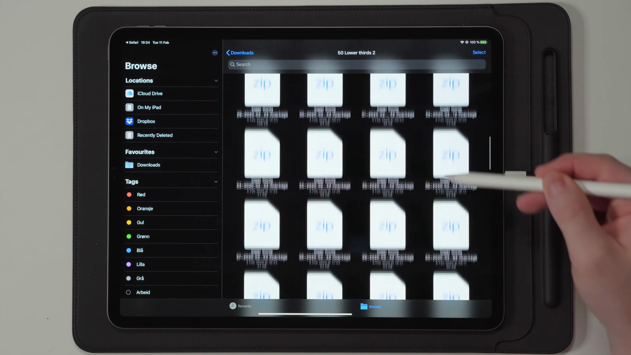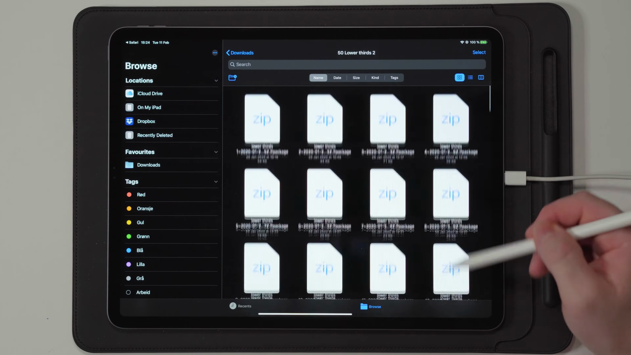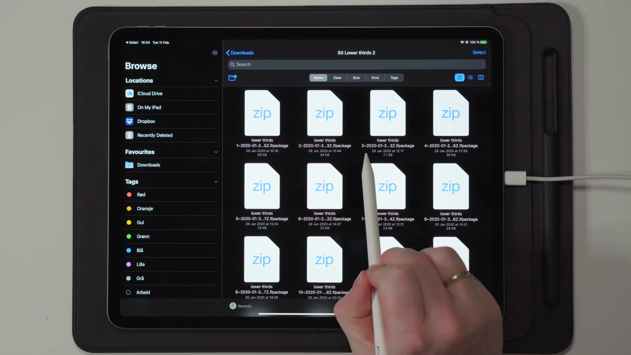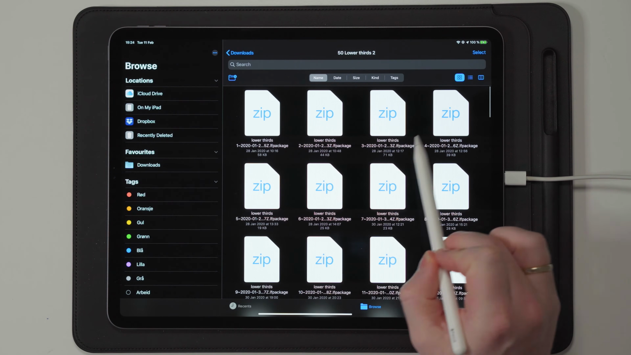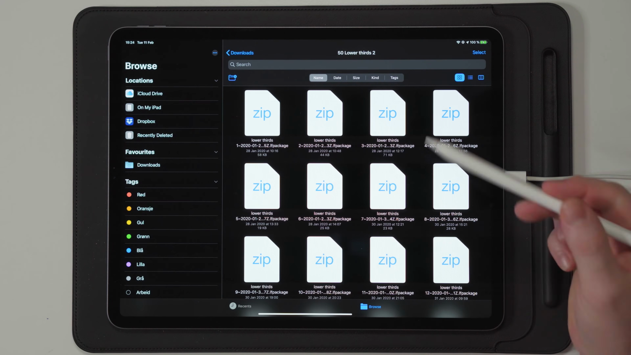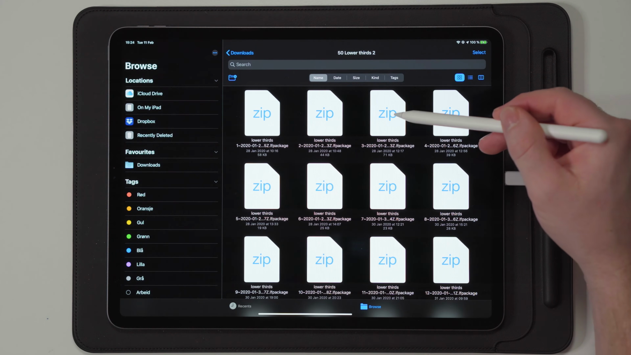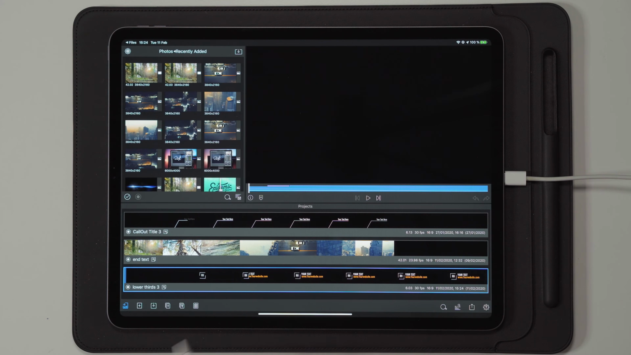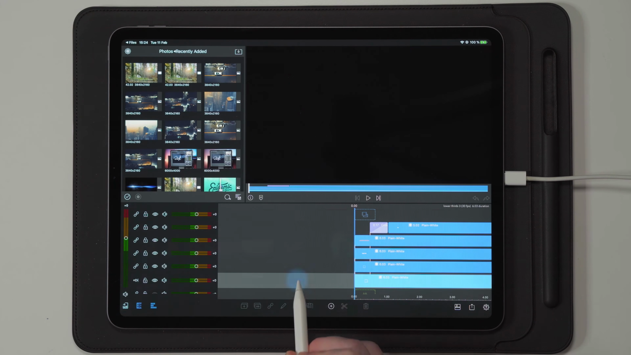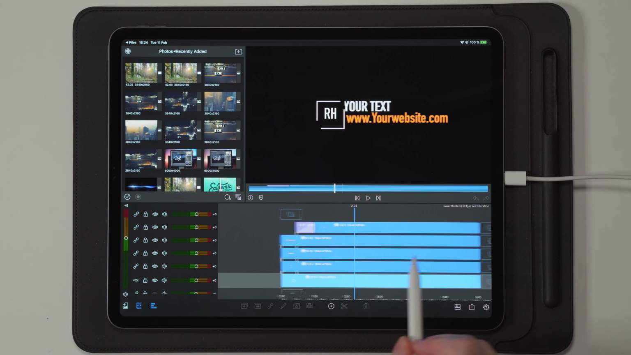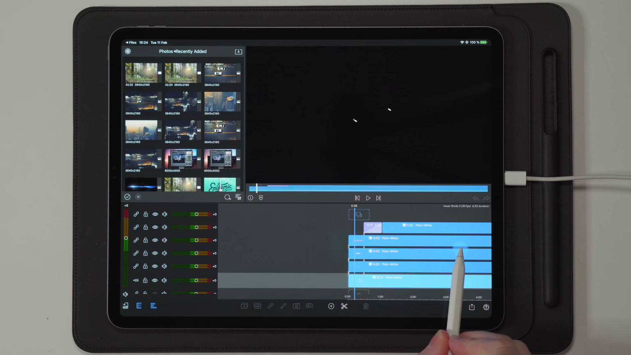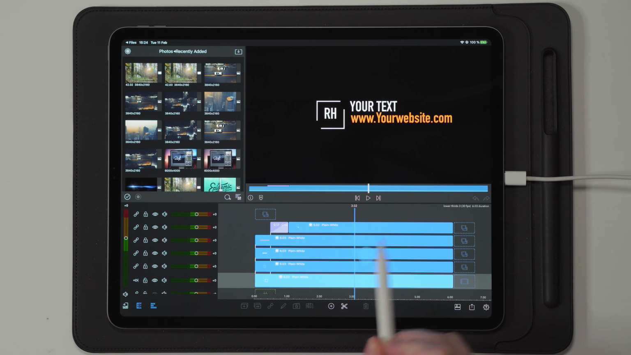So we're going to go on and find that, and that is listed on top here as lower thirds 3. And the only thing you have to do is tap on this one time and it will open up automatically inside of LumaFusion. As you can see here, we have the new project lower thirds 3, and we can go into edit on this project here, and you can see that we have the animation coming in, and we also have your text